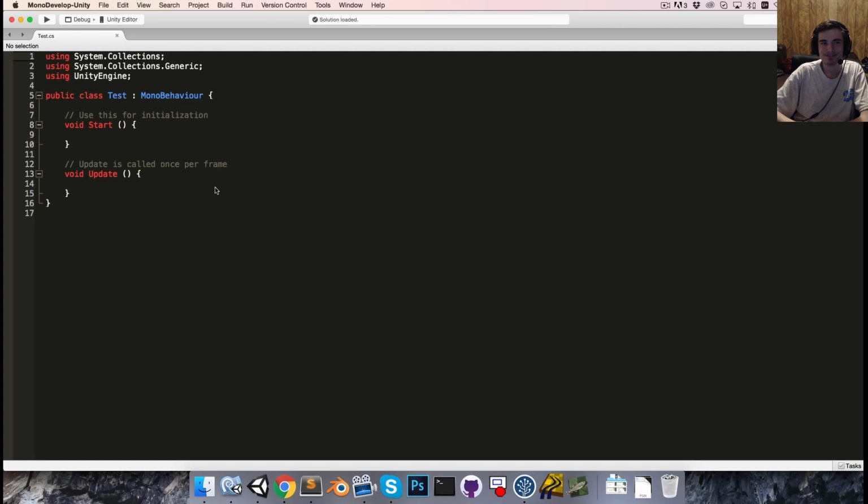I'm going to create a coroutine that takes in an array of strings called messages, and also a float called delay, and it's just going to print out the